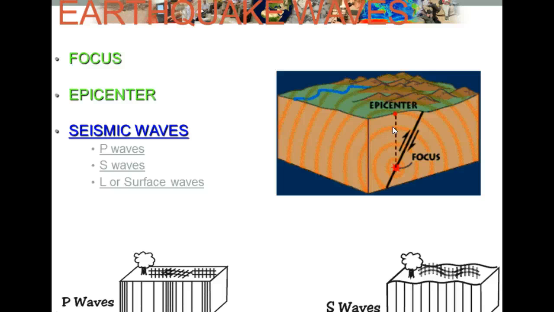These waves move out in circles from the focus, kind of like ripples in a pond when a stone is dropped in it. Write that example in your notes as well, because I'm probably going to ask you for some kind of an example. Now, there are three types of waves generated by this action we want to get in your notes: P waves, S waves, and L or surface waves like you see here. So make sure those get in your notes.